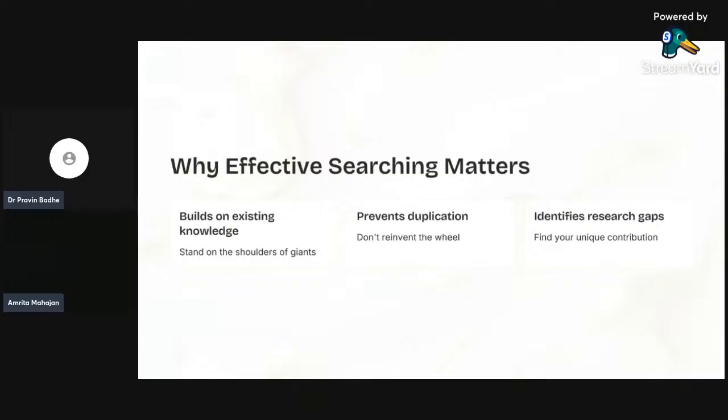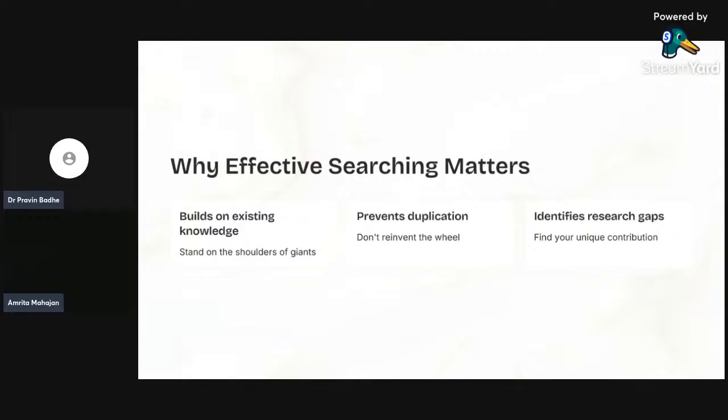At first, it builds on what I have already mentioned: research is to build upon, or add to, the existing knowledge. So if you collectively keep searching your choice of interest, it will build up the knowledge of what is already there and what you need to put up. And then it prevents duplication, that is plagiarism or any copying,